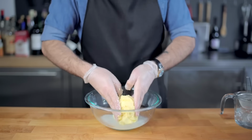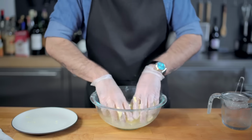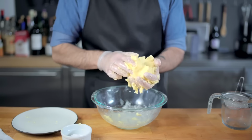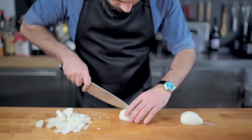Normally I'd just do this under the sink, but I want you folks at home to see. We are rinsing the butter in as cold water as is legally available until the water runs pretty much clear, indicating that we have gotten rid of most of the whey. So we're going to season it with a generous pinch of kosher salt, massage that on in there, and boom, fresh, delicious, creamy homemade butter,